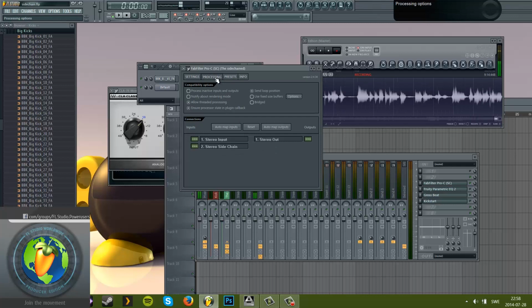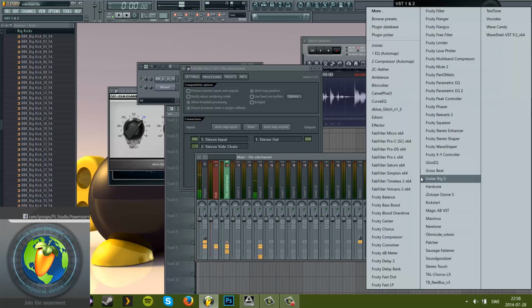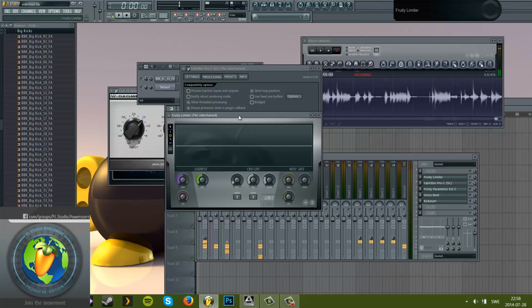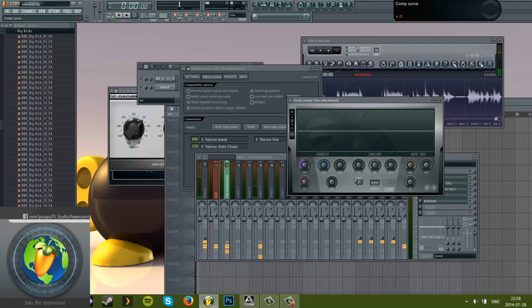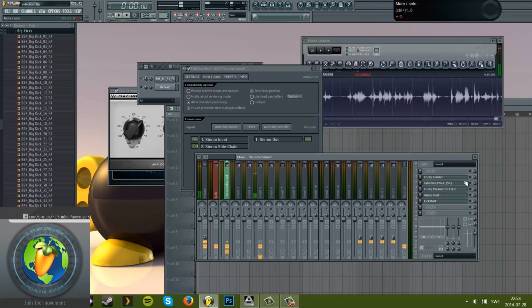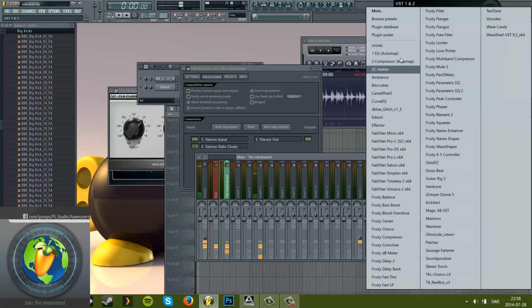In this case, we need to go to the processing. And down here you see different inputs and outputs. I want the sidechain, so I will select the sidechain here, like we did in the limiter. I can show you it's the same thing, okay guys? So I will go to the compressor and I will use the sidechain here. It means that I get the signal from the kick, which allows me